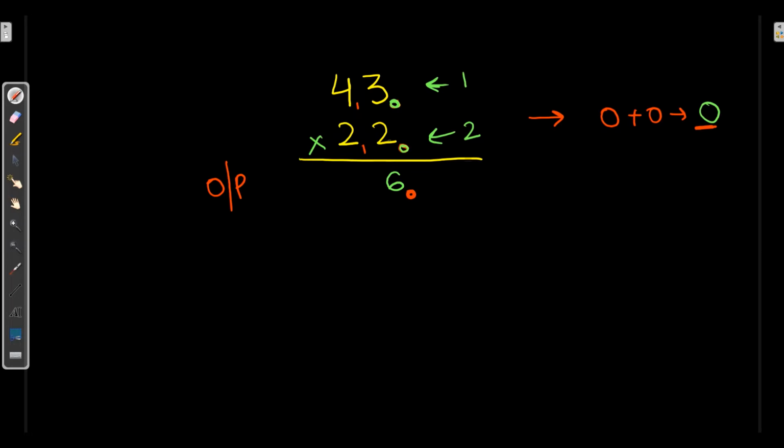Then we will multiply 2 with 4, whose index is 0 plus 1, which is 1. So this value will come on 1th index, which is 2 4s are 8. So I'll have 8 over here. Now what I'll do, I'll copy this 86 downwards.